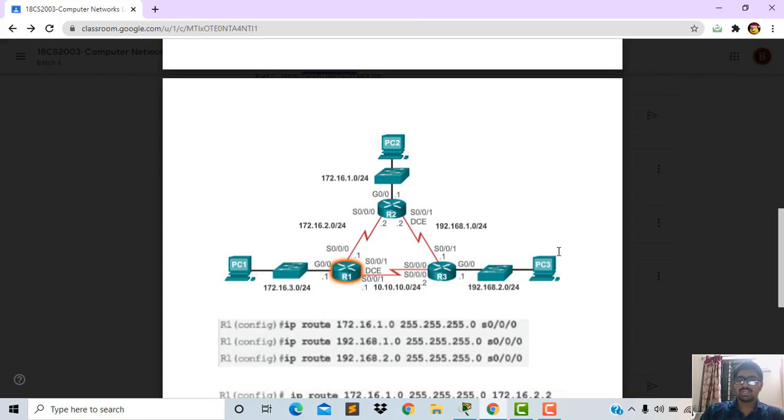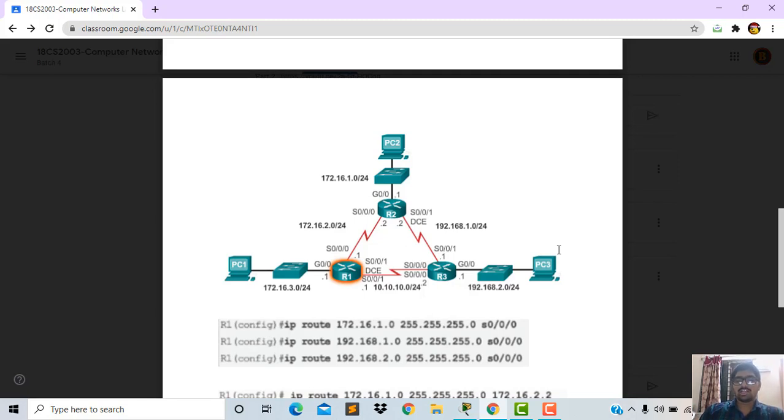We can recognize which is the simplest path, but the packet doesn't know how to select the best path. To select the best path, dynamic routing will help us.